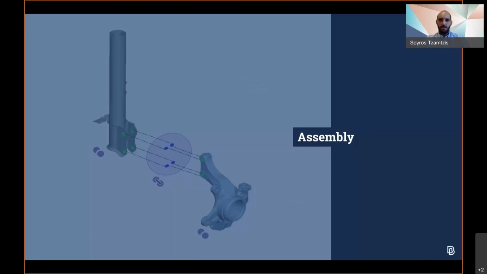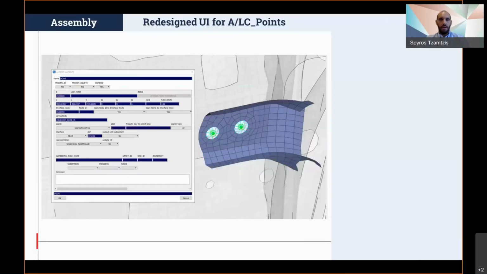Some noteworthy new features related to the methodologies employed daily by the users in the area of the model assembly have also been introduced. Within the modular environment, we have incorporated smart assembly methodologies that offer an easy way for the users to mark interfaces on the model.